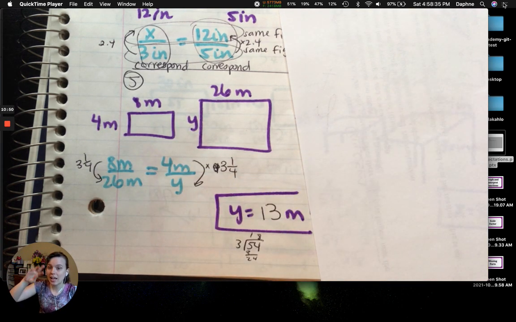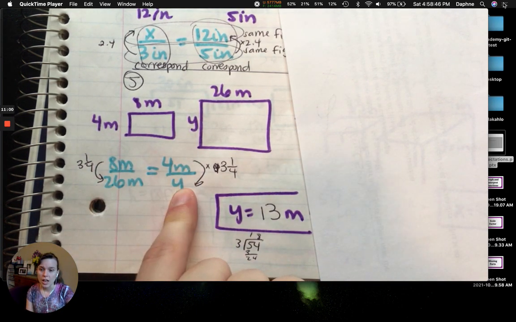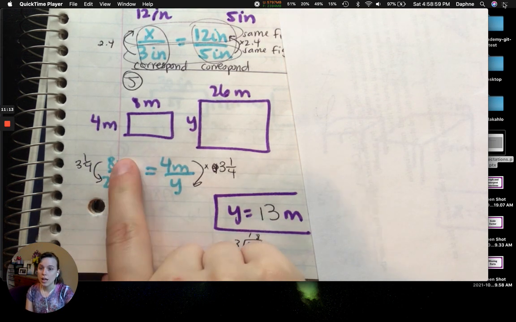If you did 26 over 8, you should have y over 4m. If you flip them, both should be flipped, all right? These should be corresponding. Same figure, same figure. If you have an 8m and a y, you did something interesting. If you have 4 and 26, you did something interesting. Fix it, all right? Knowing that, use your calculators, figure out what is the scale factor going from 8 to